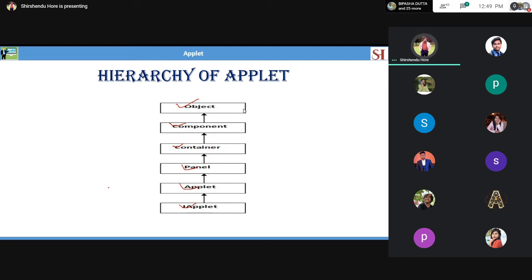So this is the hierarchy of the applet. Object is the root class, just below it is Component, followed by Container, then Panel, then Applet, and the last level is JApplet.